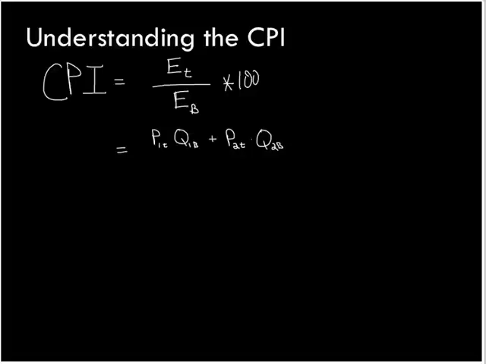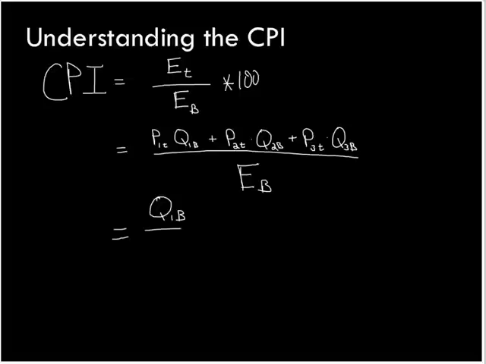Again, we keep the basket fixed, plus the price of good 3 in time period t, so the current time period, that's what I mean by time period t, times the quantity of good 3 in the base year, because it stays fixed. Divide that all by the expense of the basket in the base year. So if I break that out and rewrite this fraction in the sneaky way I did before, I end up with the quantity of good 1 in the base year divided by the expense in the base year, times price of 1 in time t, plus